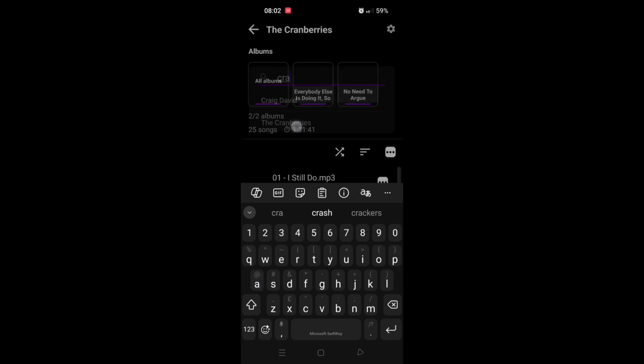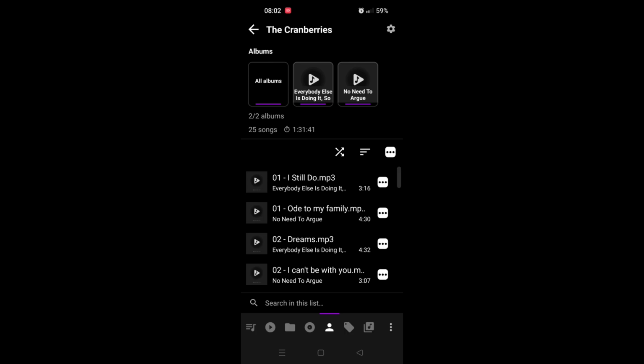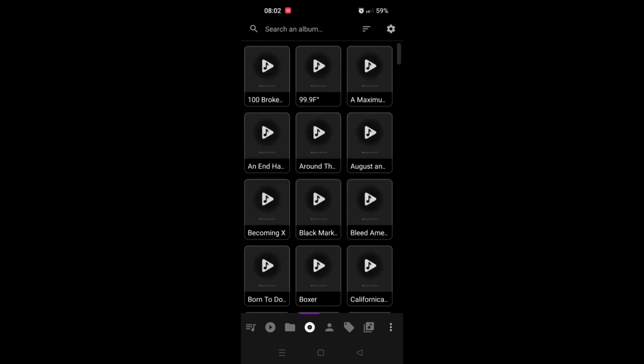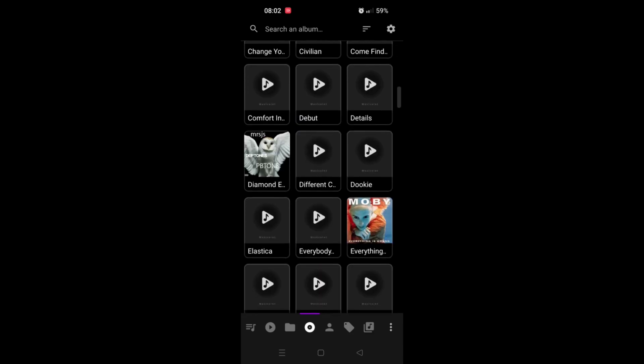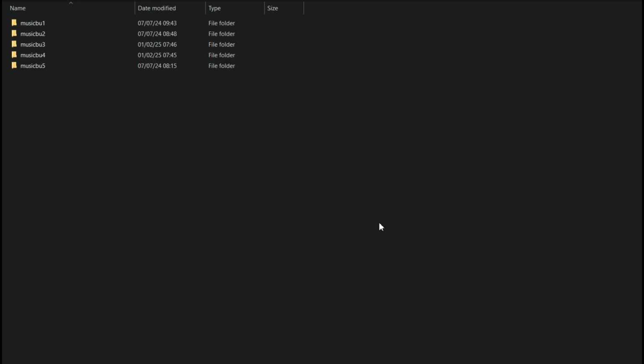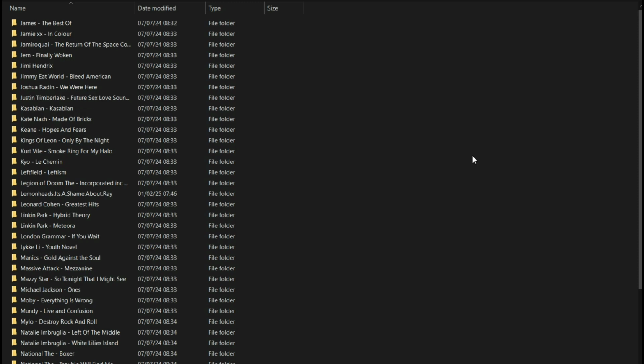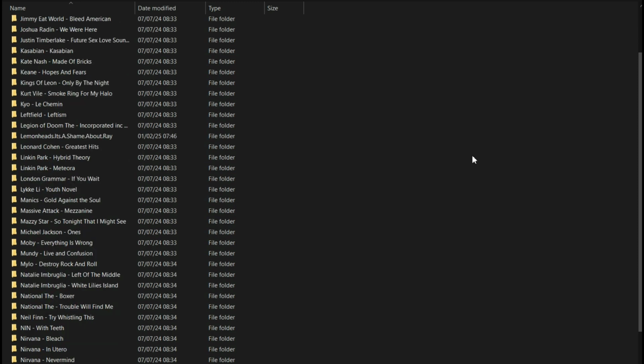Going back to the first reason, price, I mainly listen to 90s music, so I've already bought and paid for a bunch of CD albums. And then I rip those to MP3 and I have got the MP3 albums saved on a hard drive. And that's actually how Musical.ly works. You put your MP3s onto a micro SD card, put the micro SD card in your phone, and then Musical.ly